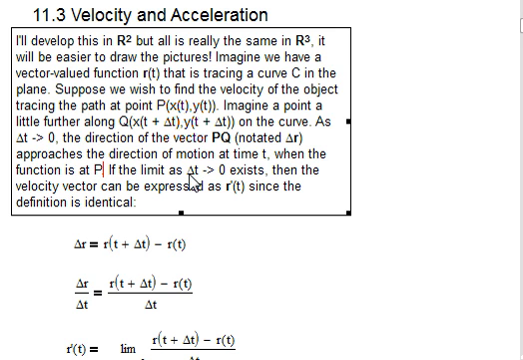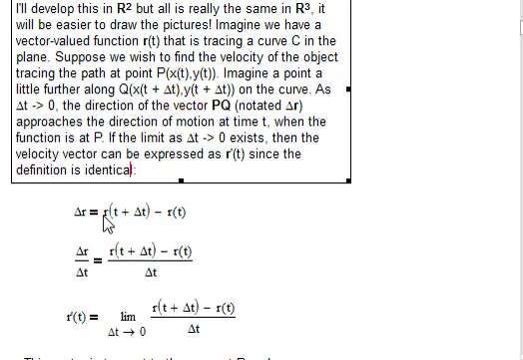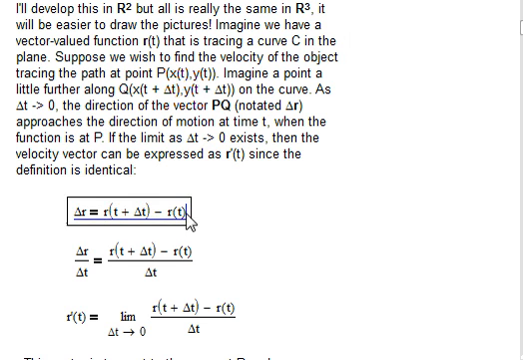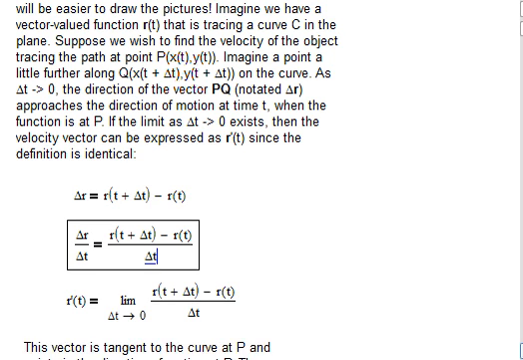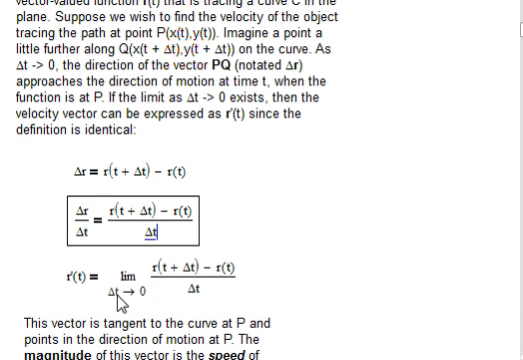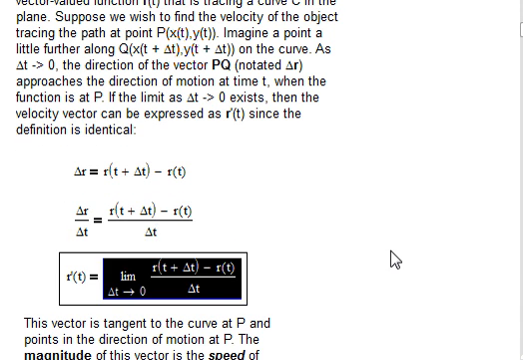So if the limit as delta t approaches 0 exists, then the velocity vector can be expressed as r prime of t, since the definition is identical, and I'll show you how that works out. Delta r is r of t plus delta t minus r of t, and so delta r divided by delta t is r of t plus delta t minus r of t over delta t,